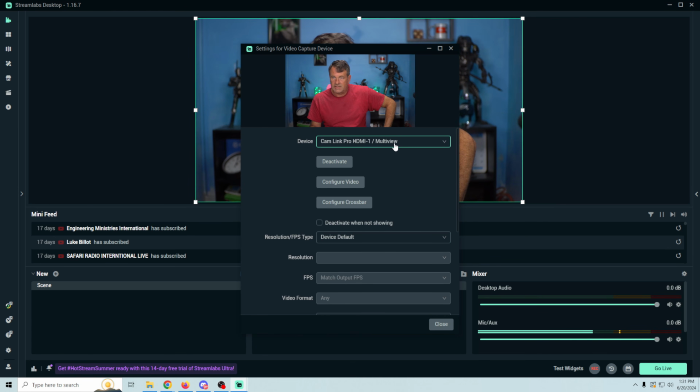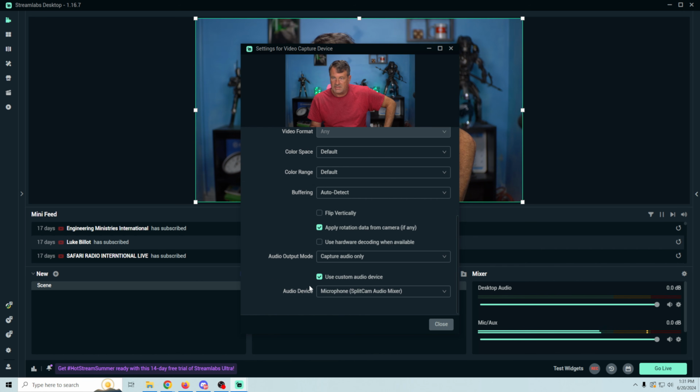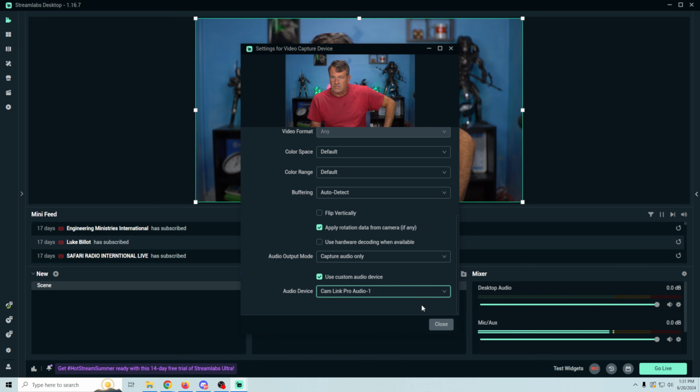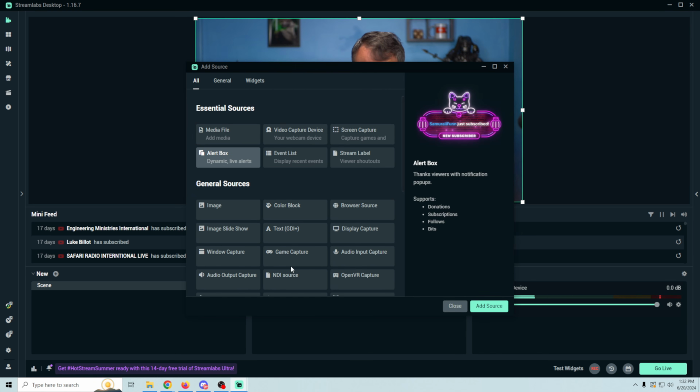We just bring this in here, and it's basically exactly the same layout and everything as OBS. So we're going to go ahead and select that and close. And you're going to notice if we go ahead and click the plus, up here in the essentials, we've got the alert box, the event list, and stream labels, which you can add directly to your live stream right from here. This is one of the main reasons why Streamlabs Desktop is awesome, because otherwise you'd have to add